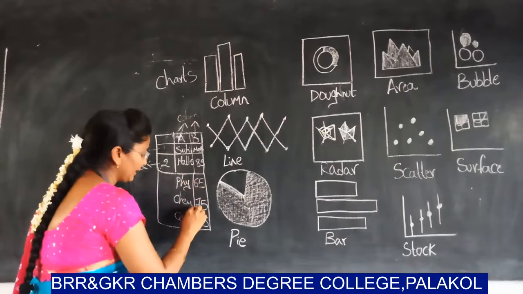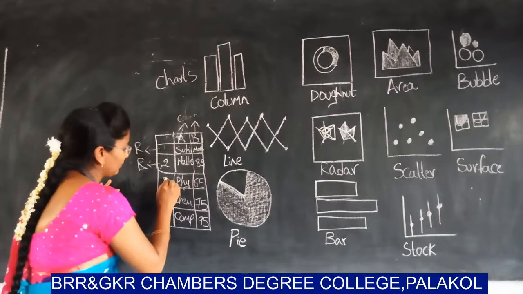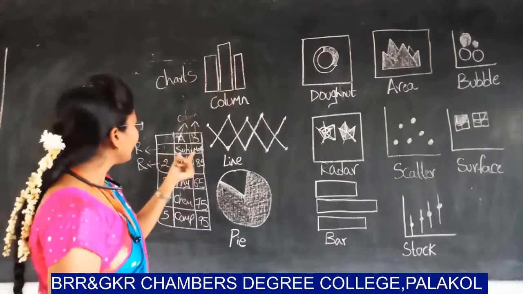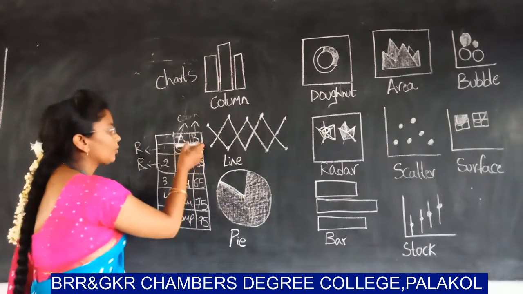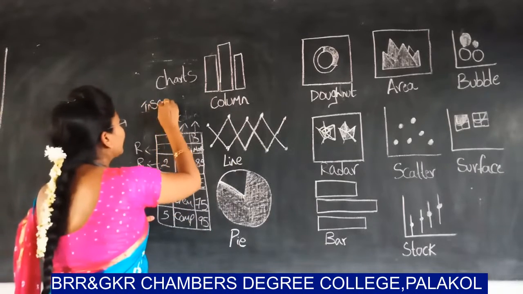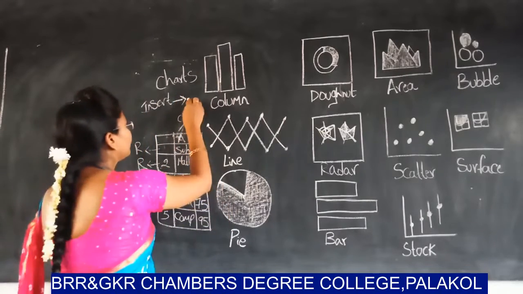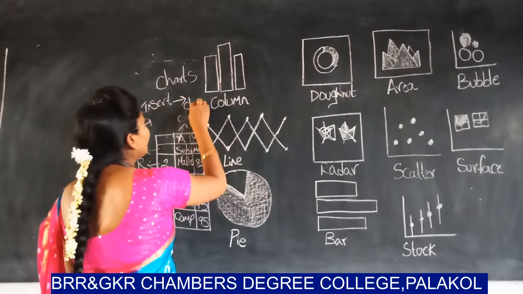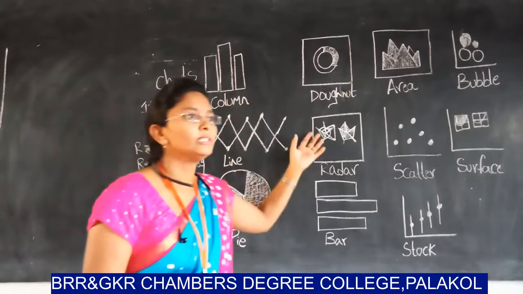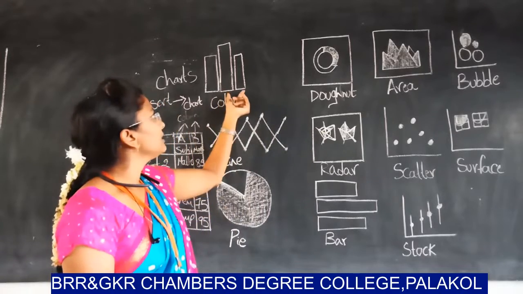First of all, we have to take data in the Excel sheet. Then only we can represent it in these charts. Without data, we cannot represent in the chart way. Okay. And if I am taking this data in the Excel sheet and I copy this data and go to the Insert button in your Excel sheet, go to Insert and then click on Charts. A charts group will be available. In that charts group, there are different charts available. Click on one option and this data will be turned in this way.